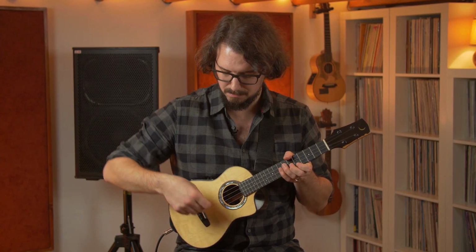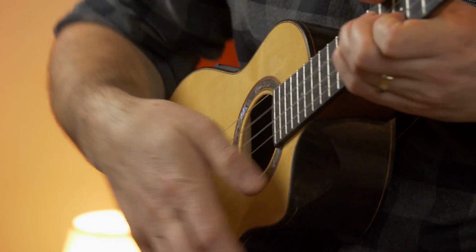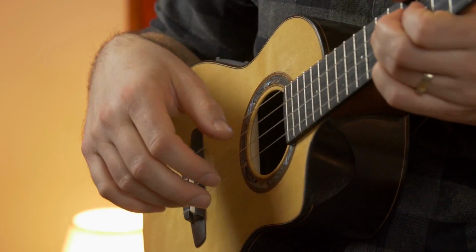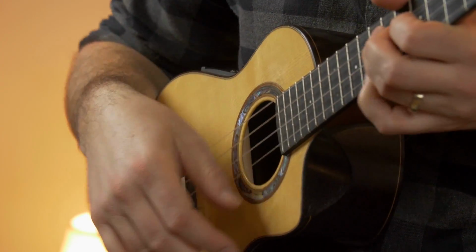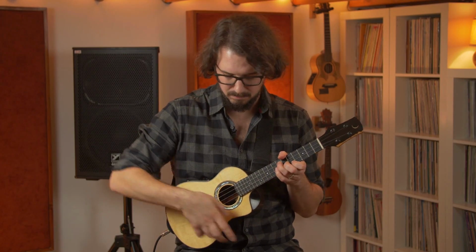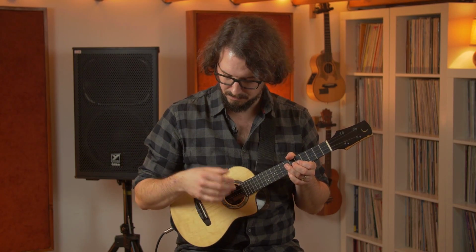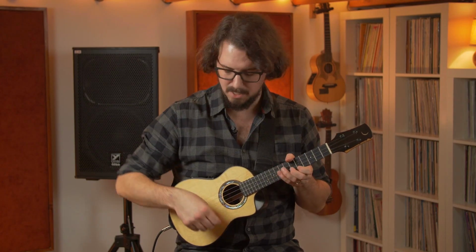Let's practice it a few times together, like this. Like that. Just that sequence. And then again. That's the whole rhythm. And you fill in the gaps there and you get...